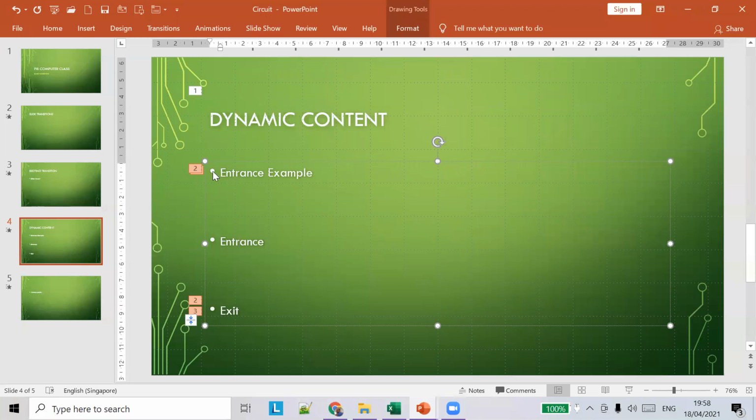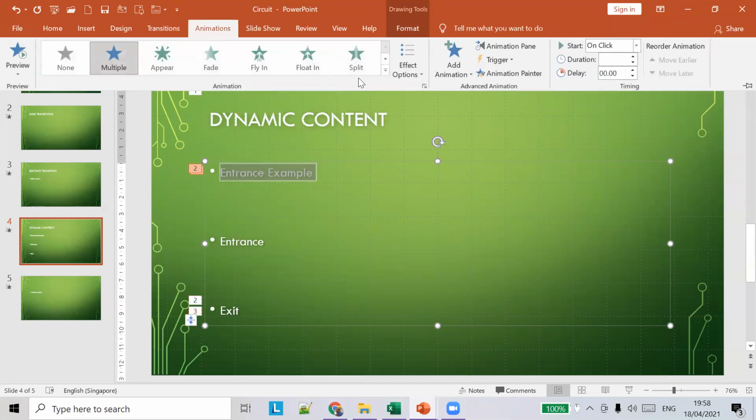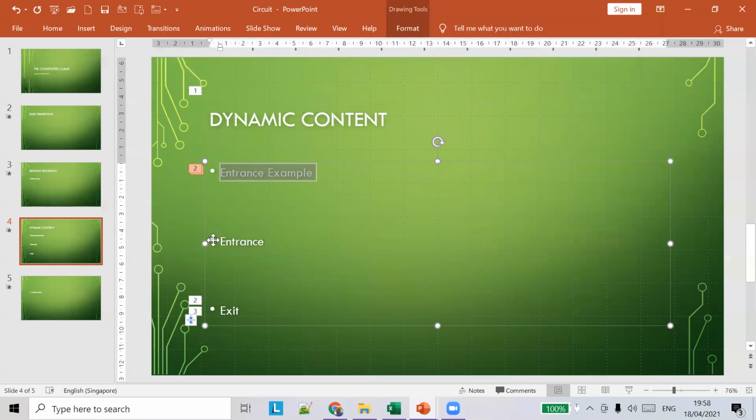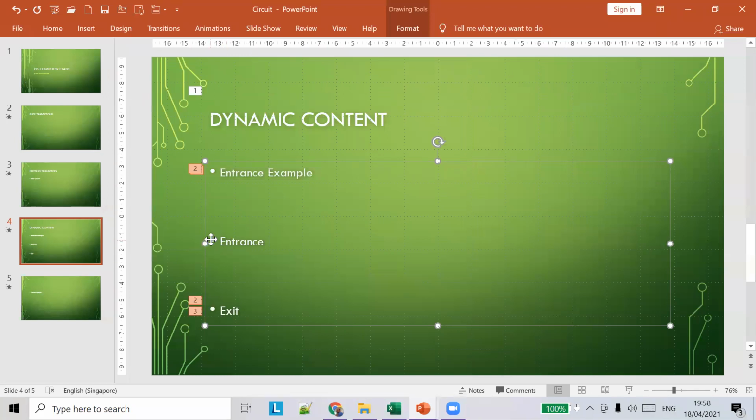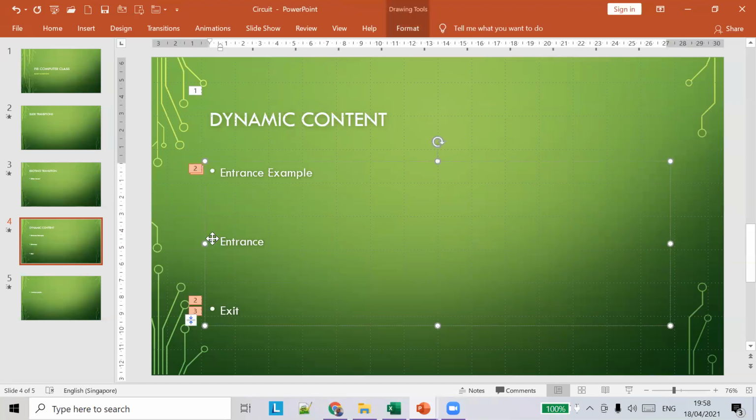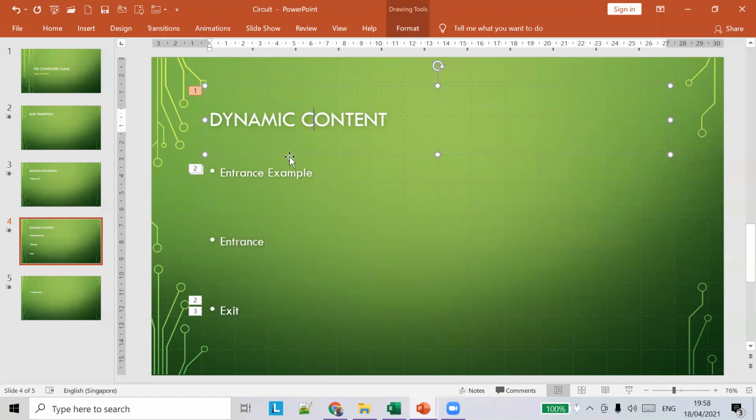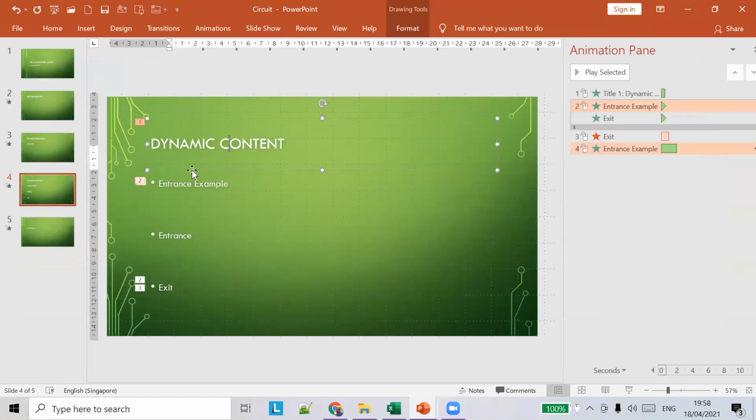I'm going to choose this element, go to Animations, click on Animation Painter, and then click on this element.